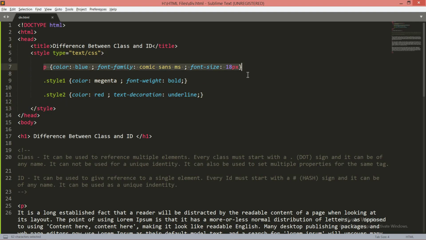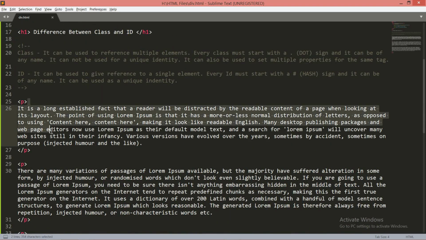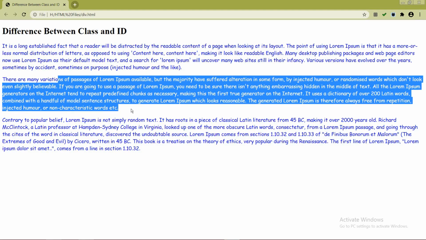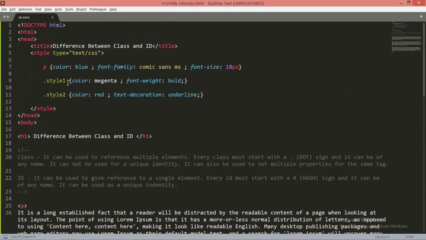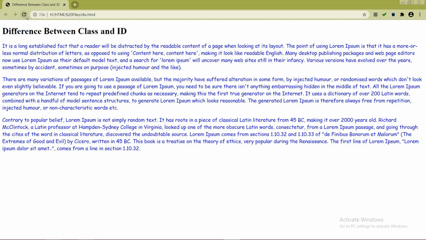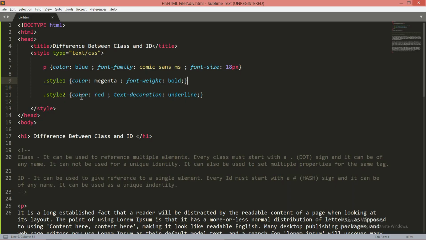Now you can see in the earlier style I have set the properties of the paragraph, so that property will be implemented by default on every paragraph, this paragraph and this paragraph, as you can see in the output. Now what I want is to set this paragraph's properties different from the other paragraphs. Then for that we have to make classes. To make classes you have to put the dot sign, give it any name and mention the properties you want to set. Now if I try to see the web page by refreshing it, you can see nothing changes, because after making the classes you have to implement them.